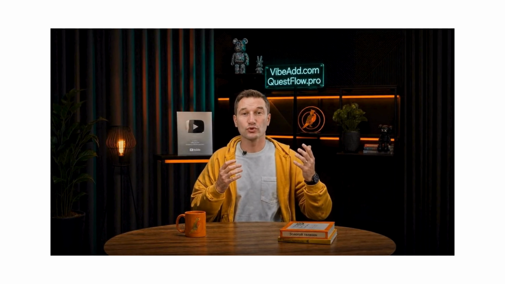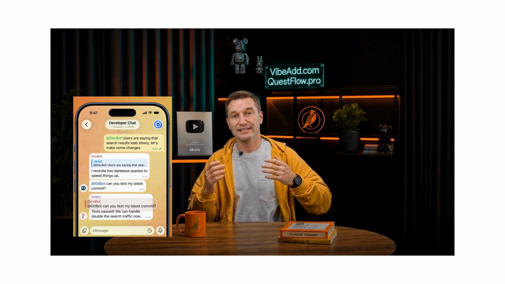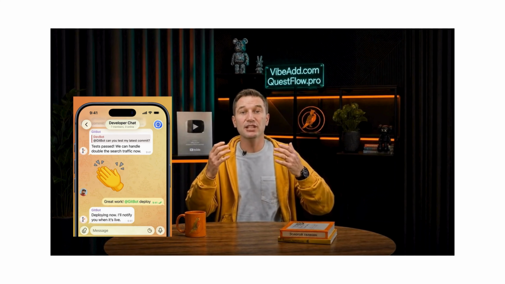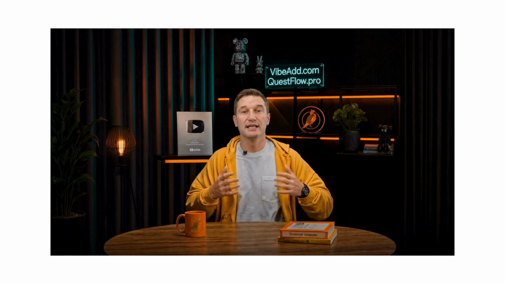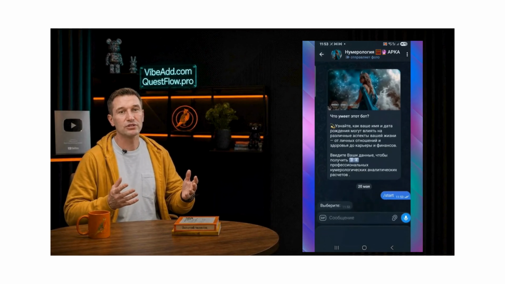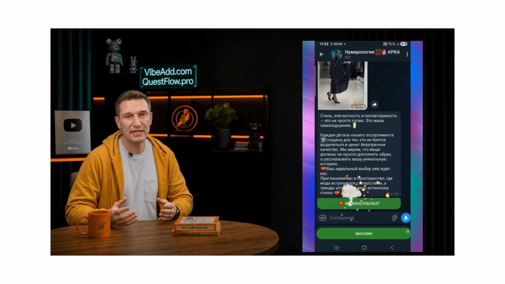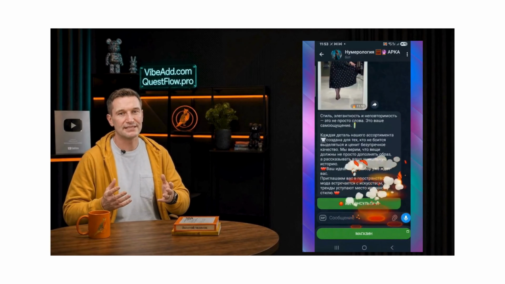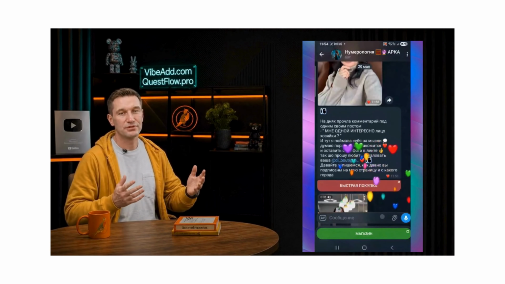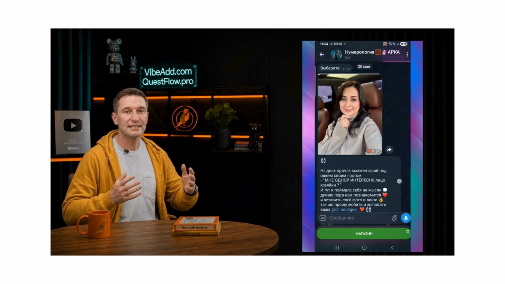Telegram has rolled out such a powerful update that everything has fundamentally changed. This video will completely change your understanding of Telegram bots. The old text menus are officially dead. Today, the bot is a full-fledged application with a revived interface, colored keys, animated emojis wherever possible, full-screen effects, and